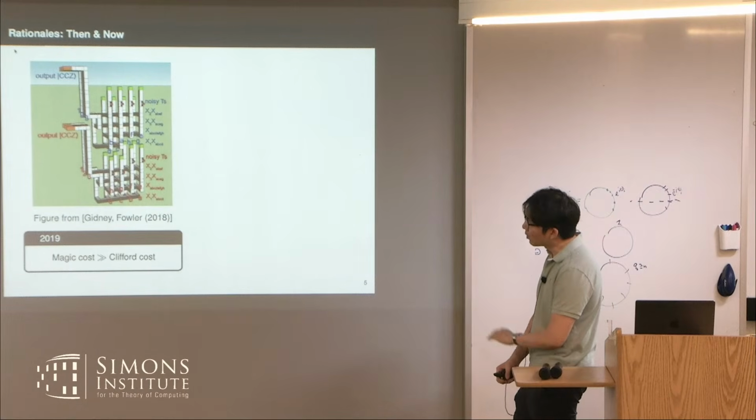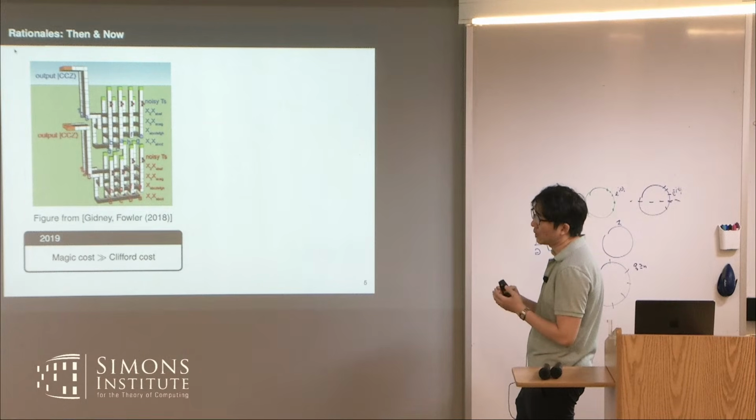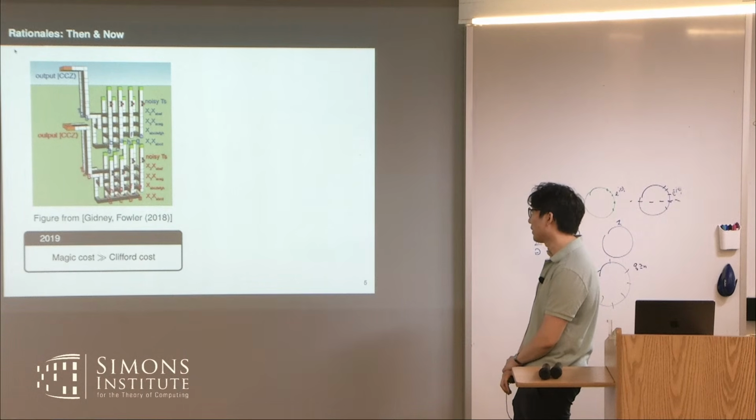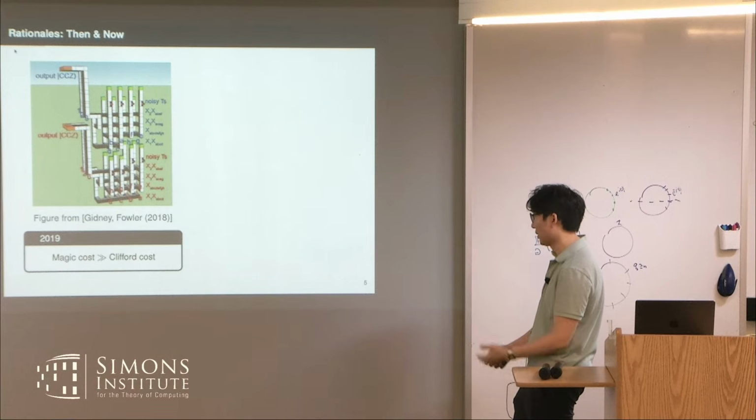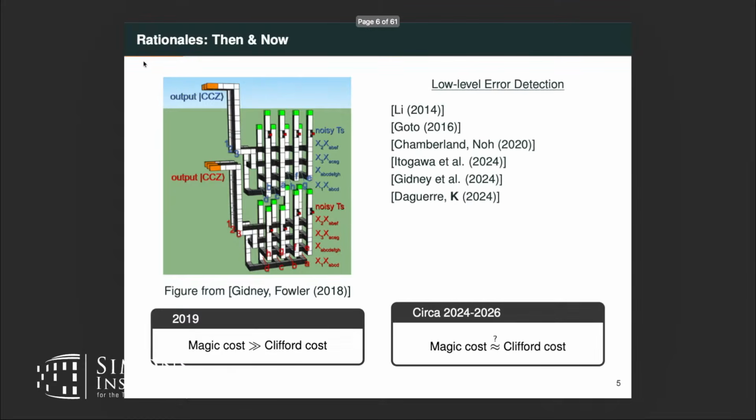So I would say around 2019, 2020, people had very specific and highly optimized diagrams for preparing logical magic states like CCZ, and you would see some monstrosity that looks like this. But in the meantime, there is a somewhat orthogonal line of work that tries to prepare magic states in a different way. The idea was to use some small codes that are efficient at generating magic states, but in a low distance code, and somehow grow that into a larger distance code